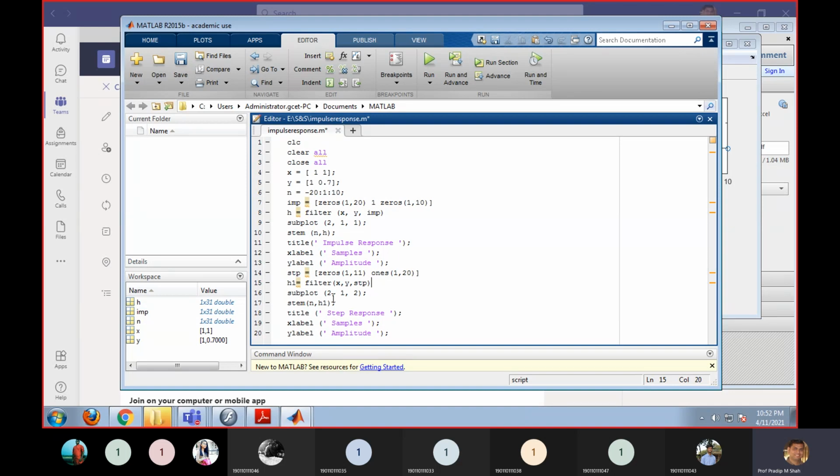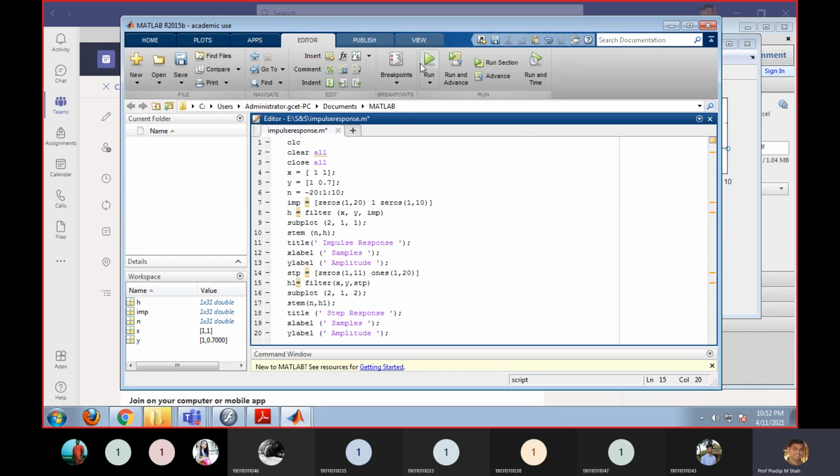The next step is the plot. I'm using subplot again, but now the position is changed to 2, 1, 2, so it will be the second position, and I'm using stem of n, h1 instead of h. H1 is my output for the step signal. You can use the title step response, samples, and amplitude.